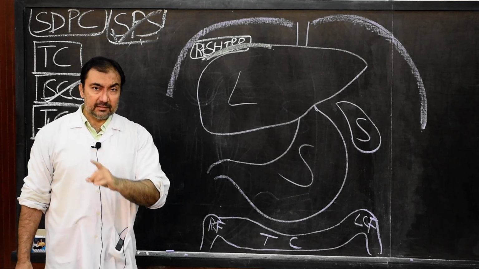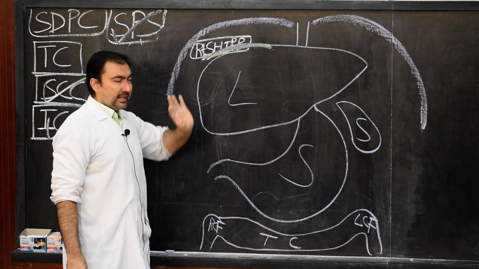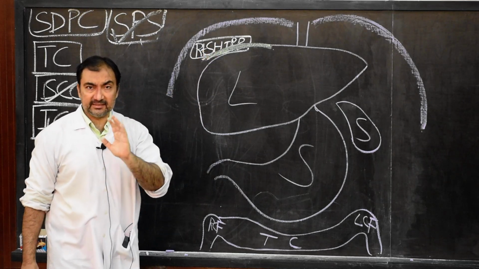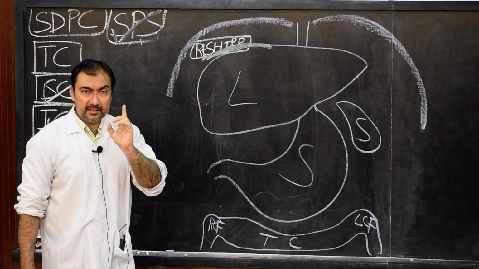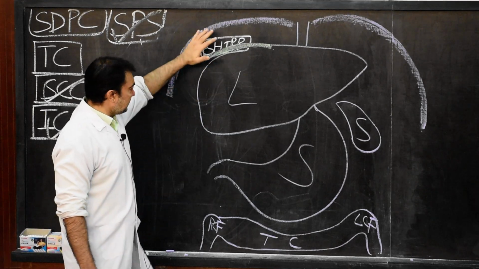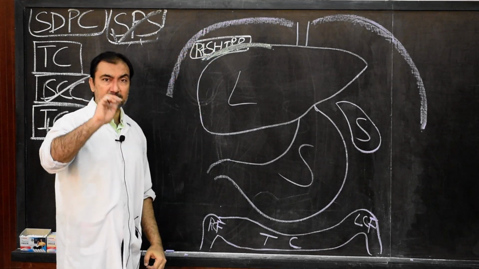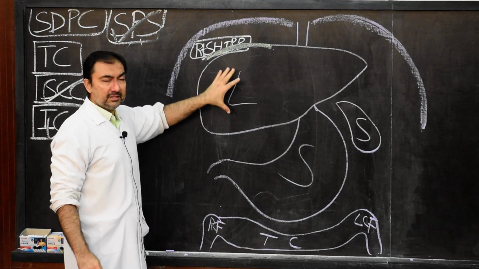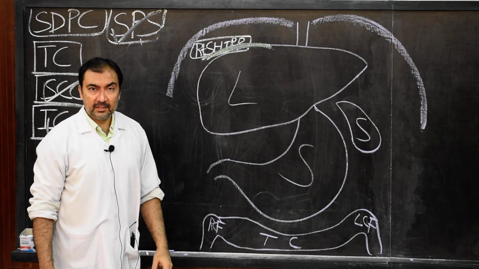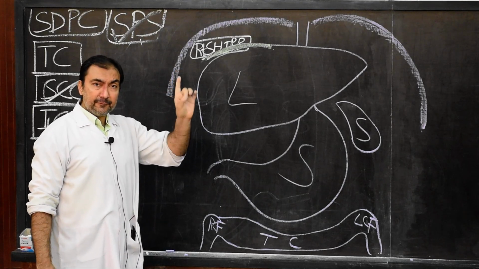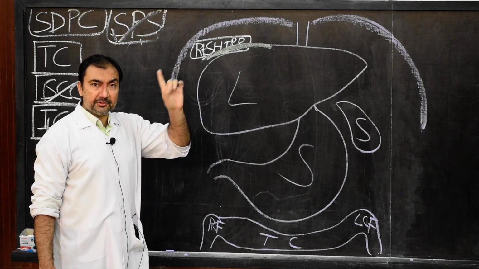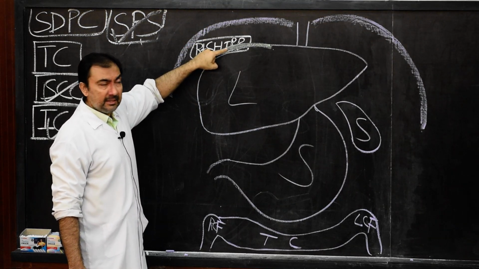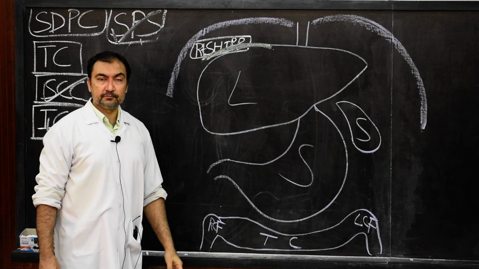Once again I'll repeat, the right suprahepatic recess, also known as the right intraperitoneal recess, the first recess. The anterior boundary will be the anterior abdominal wall as well as the diaphragm. The posterior wall will be the anterior and superior surface of the right lobe of liver. Superiorly, there will be a reflection of peritoneum, posterior superiorly, from the superior layer of coronary ligament to the diaphragm.